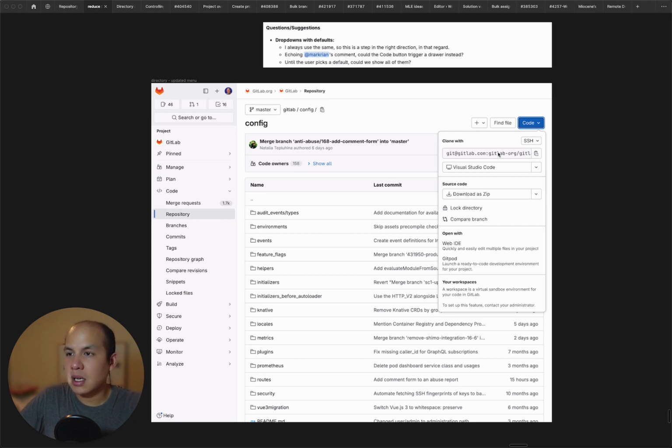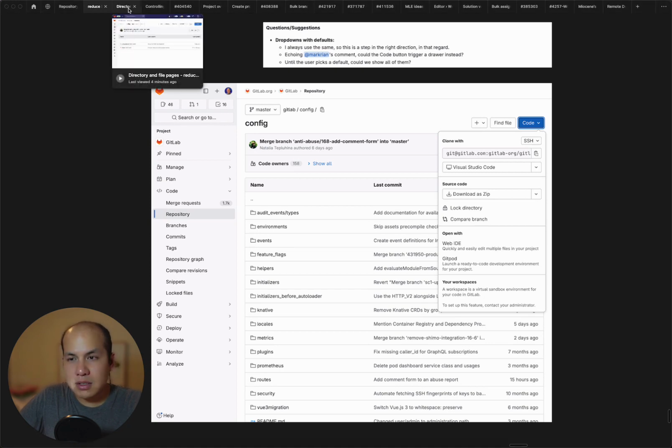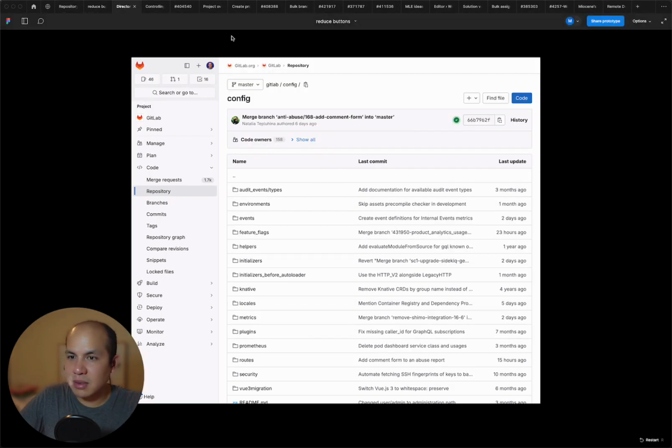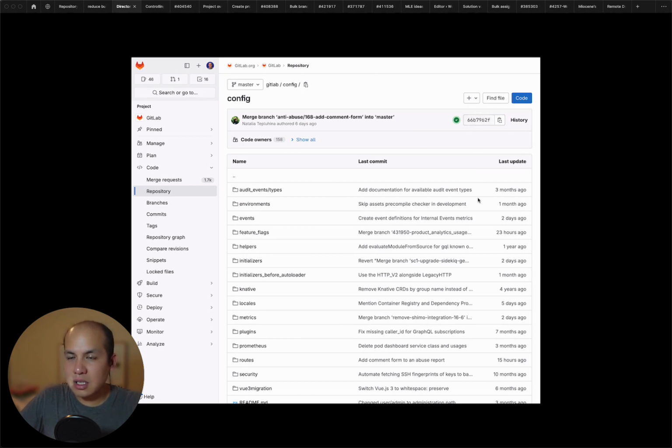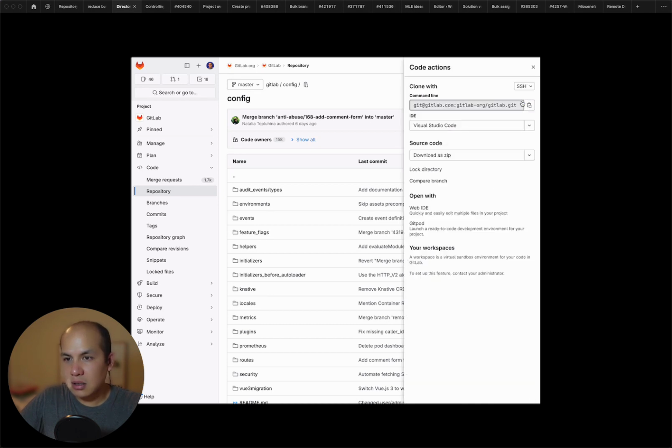is open. So one of the suggestions from Andre was considering what this might look like if this interface here was actually in a drawer and not in a context menu. And at first I was a little bit skeptical because I'm like, a drawer is huge. So going from a drop-down to a drawer could be crazy, but here goes.